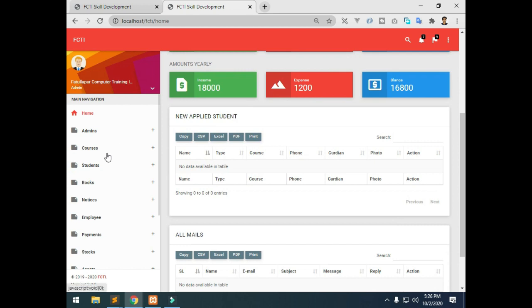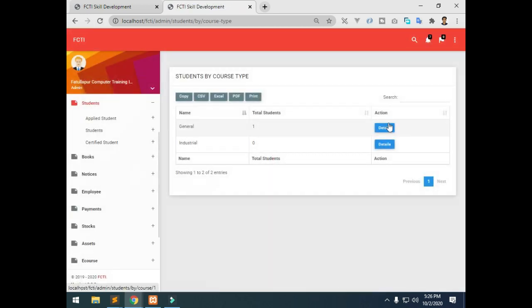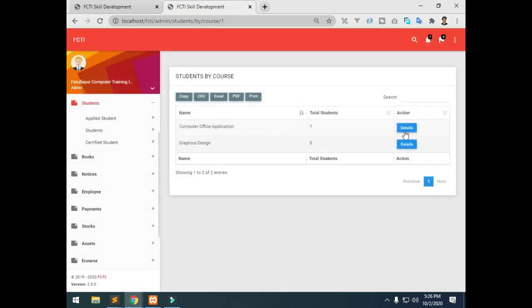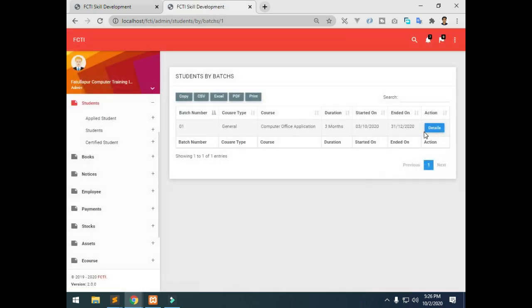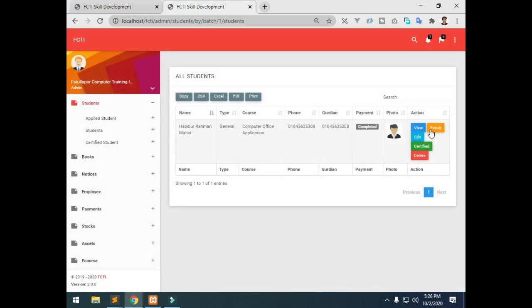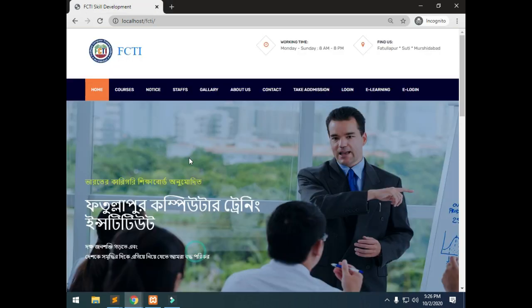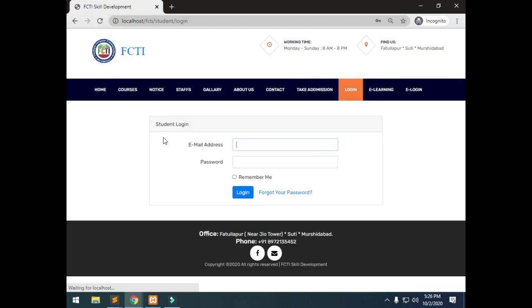Then if I submit any result of a student, let's go to the student section again. So details. So I am going to publish a result of a student. So let me log in as a student again, and this login is for an e-learning e-course student who will purchase other courses from the website.